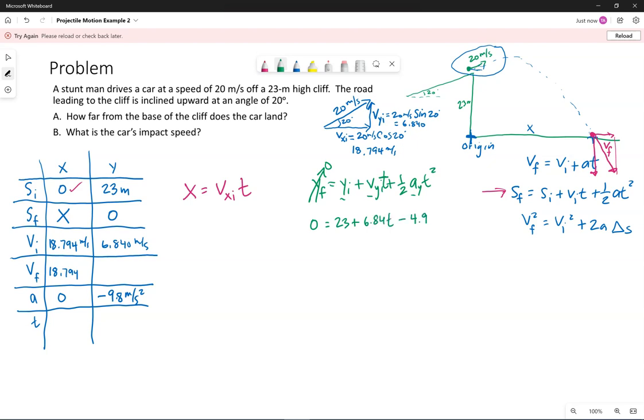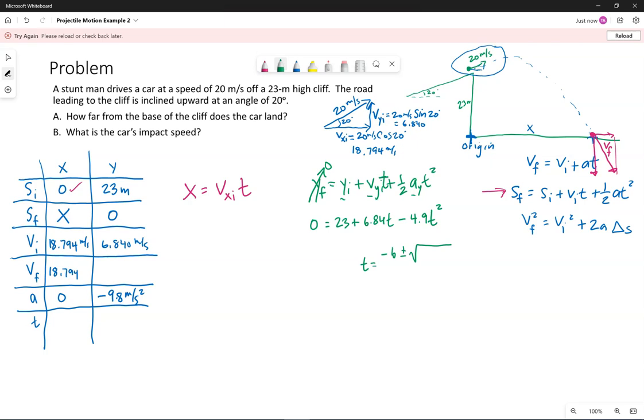But now when I put in negative 9.8 and take half of it, I get negative 4.9. So here our only unknown is t, but we have a quadratic equation. And so we need to use the quadratic formula to solve for it, which I don't always remember off the top of my head. Let's see, t will be